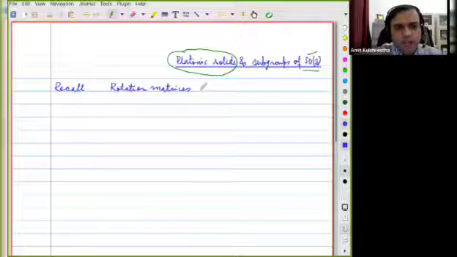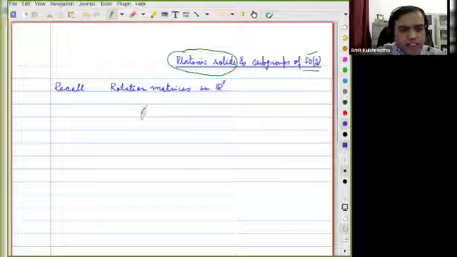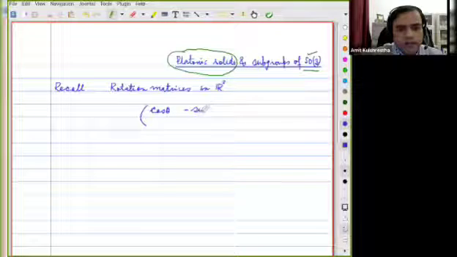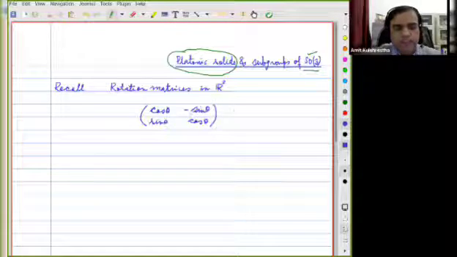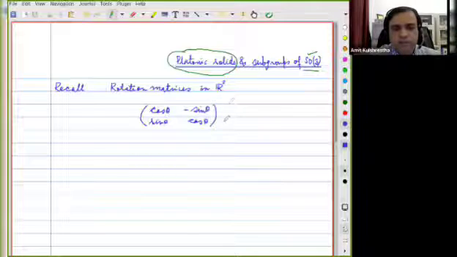So rotation matrices in R2, and this was also a question in tutorial, but nevertheless, you can write rotation matrices as something like cos theta, minus sin theta, sin theta, cos theta. So when this matrix is multiplied with some vector a comma b, written in a column way, in vertical way,